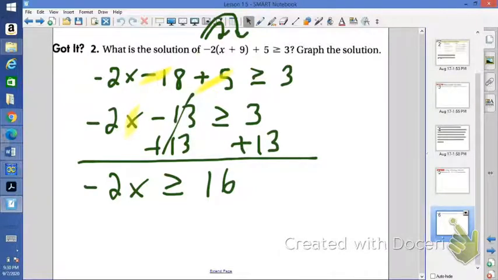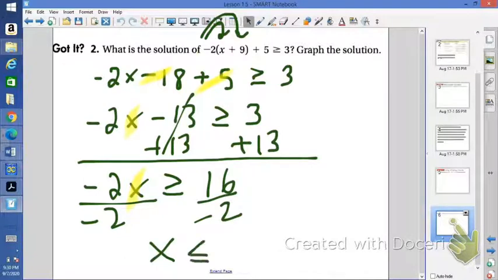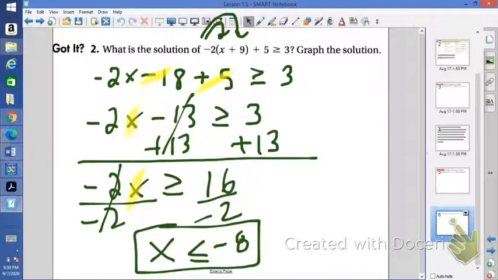Okay, now we can go ahead and we have negative 2x, negative 2 times x. So what undoes multiplication? Division. So now I can go ahead and divide by negative 2, both sides. Since I divided by a negative 2, I'm going to flip the inequality sign. 16 divided by negative 2 is a negative 8. So all numbers less than or equal to negative 8 are solutions to this inequality, and